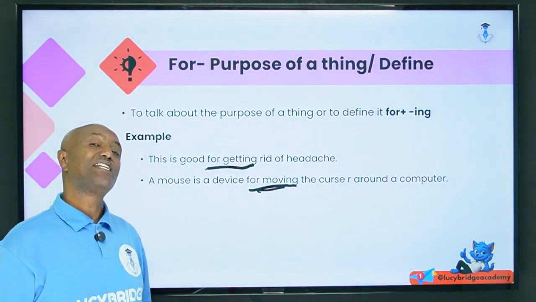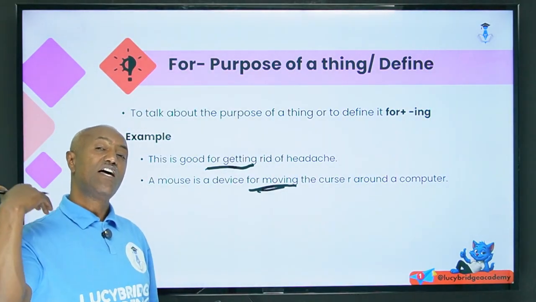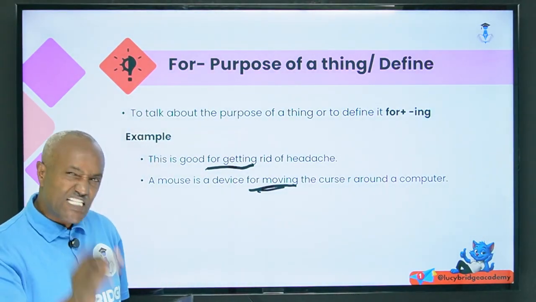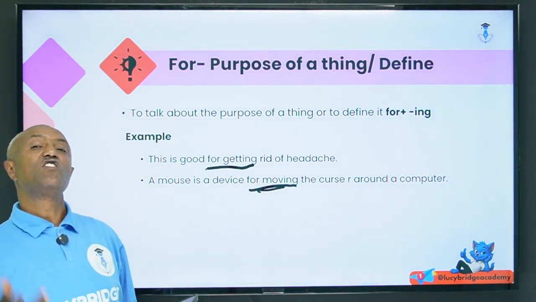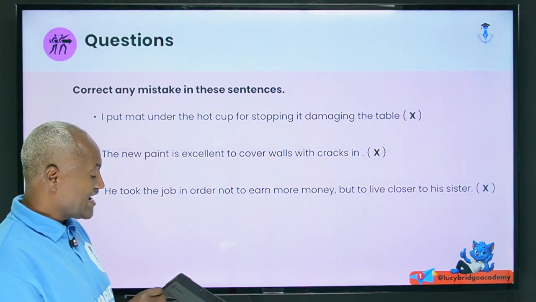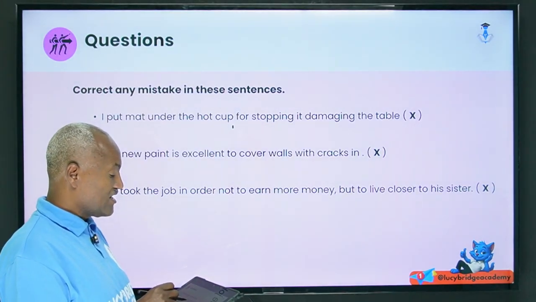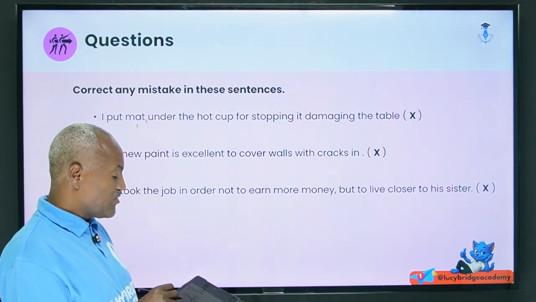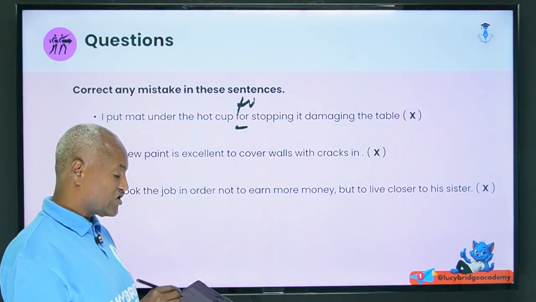So that participle has an intention. When we define and when we talk about the purpose of a certain thing, we use -ing after "for." So correct any mistake in this sentence. It says, for instance, "I put mud under the hot cup for stopping it damaging." That means here, I put mud under the hot cup, not "for stopping." We don't say that; yes, here "to stop"